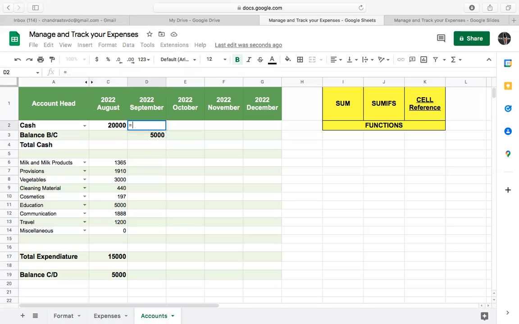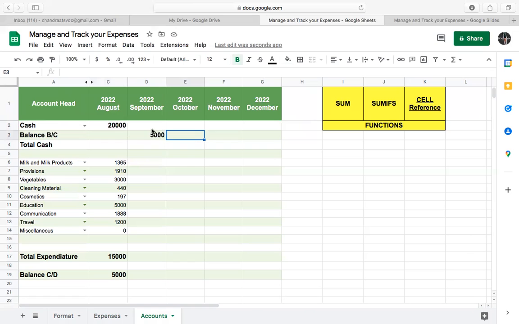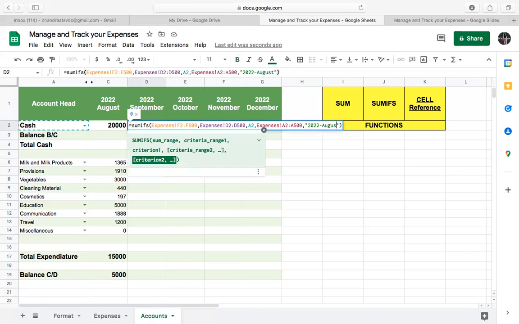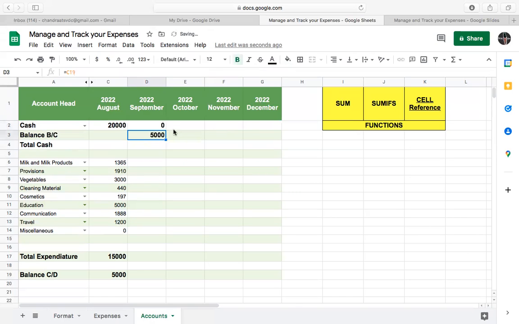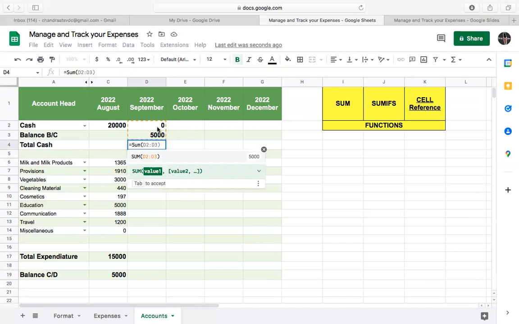for the expenses. So let's copy the same formula and paste it here. And here we need to change it. We need to change August to September. The rest of the things are the same. So now is equals to total cash, right? We need to sum both the balance brought down